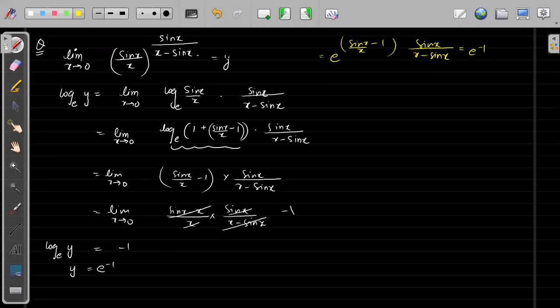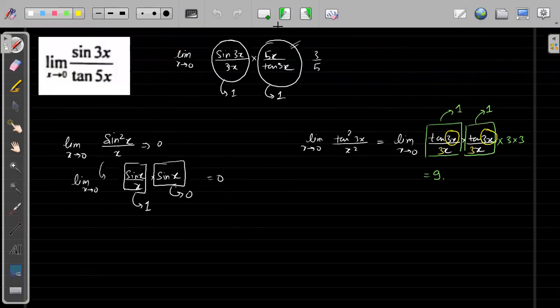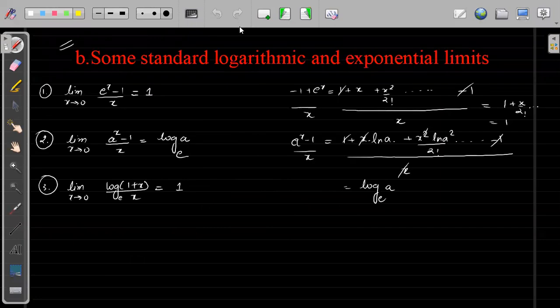Fine. This question is okay for everyone, right? So similar questions you will get. So these were the standard forms. One standard form I missed. So first you copy this one. Everyone understood? Fine. One standard form, which we can take in this form: a power of something, where we have seen that we can factorize something. So this will also be one of the standard forms.